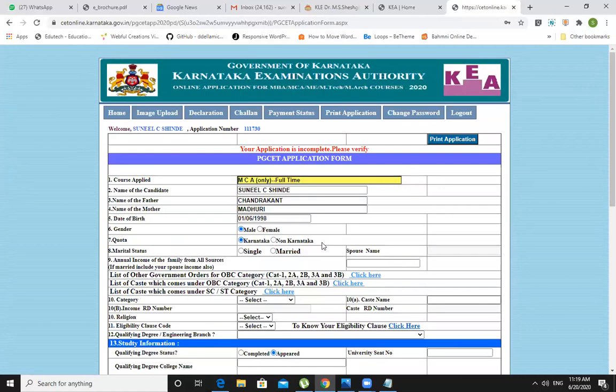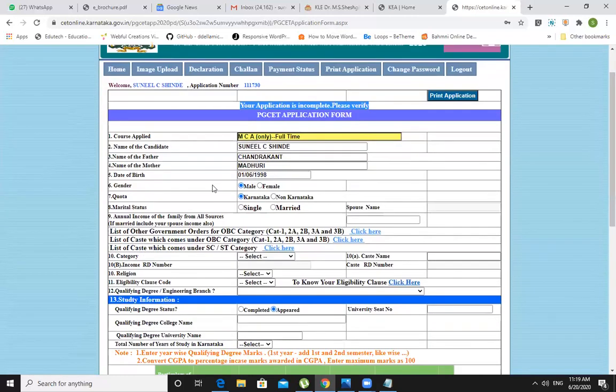Great. Now you can see that your name is here and application number also. Fine. You can see that a message is showing that your application is incomplete in a red font color. It says that your application is incomplete, so we need to verify it. Okay. So verify which course you have applied to, name of the candidate, father's name, mother name, date